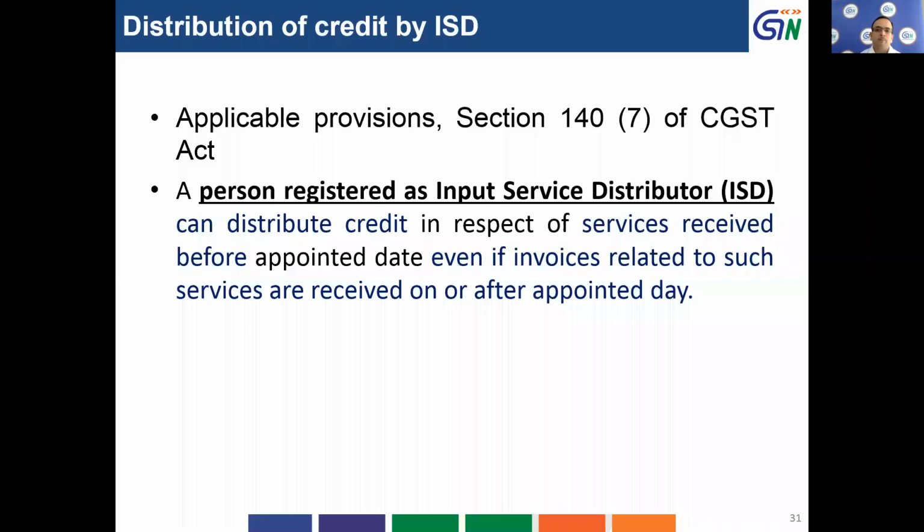It's quite elaborate. So section 147 of the CGST Act talks about a person who is registered as an input service distributor, and he can distribute credit in respect of services received before the appointed date, even if invoices related to such services are received on or after the appointed date. So if any services were received before the appointed date, and even if the invoices related to that are received later on, this credit can be distributed by the input